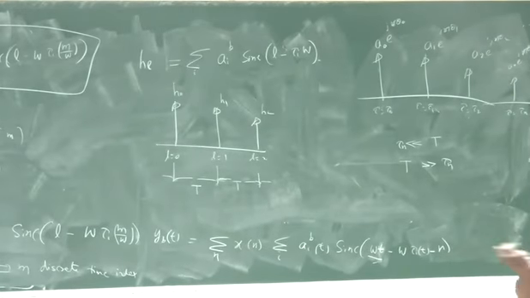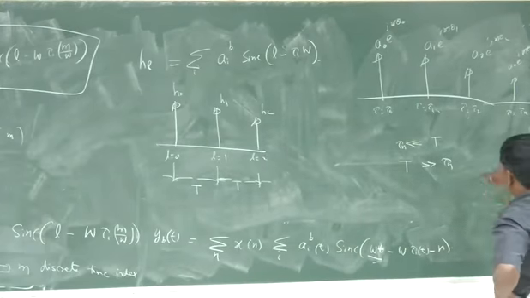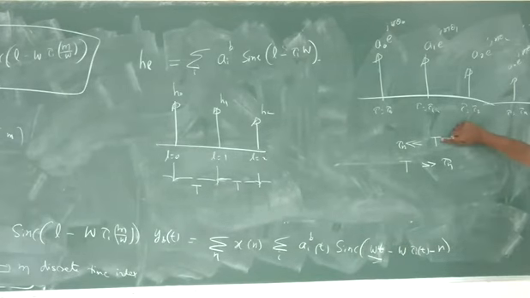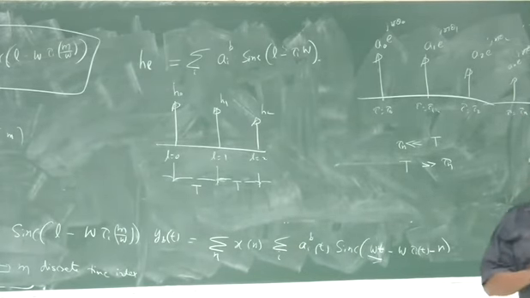Xn could be BPSK symbols. But if this T is much larger than the maximum delay component in the impulse response, the maximum being tau n, from the point of view of the receiver,